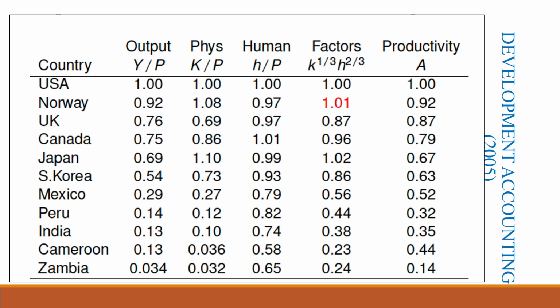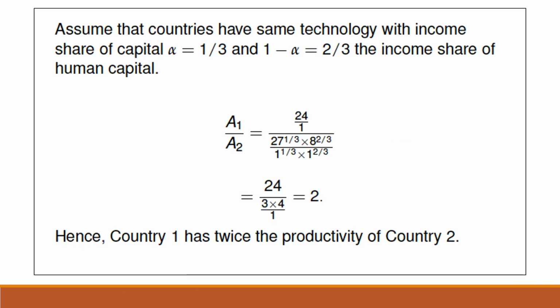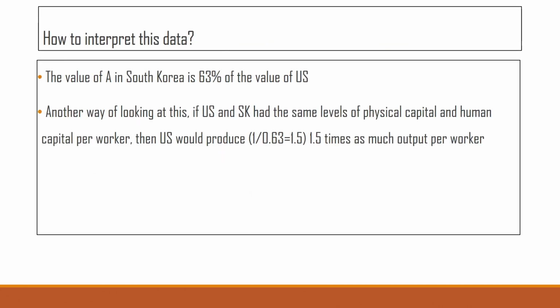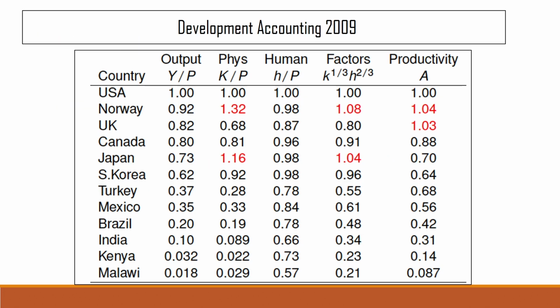Okay, we should not forget the comparison or to whom it is being compared. The interpretation is not that productivity in Zambia is 14%. That is an incorrect interpretation. Zambia's productivity is 14% that of US. Okay, because remember this is a comparison exercise that we are doing, right. Okay, so this was the development accounting exercise for the year 2005. Okay.